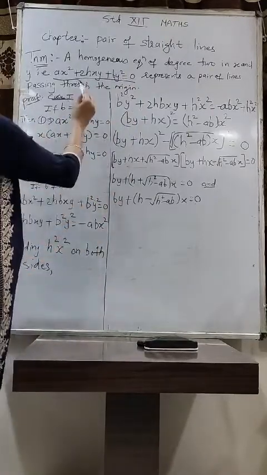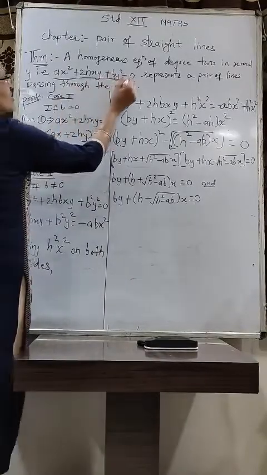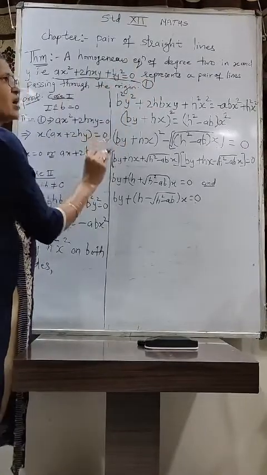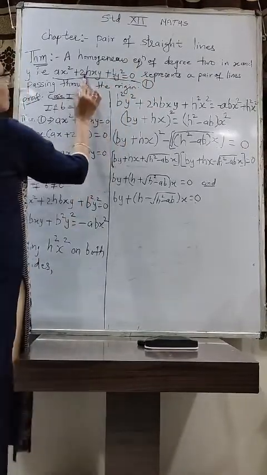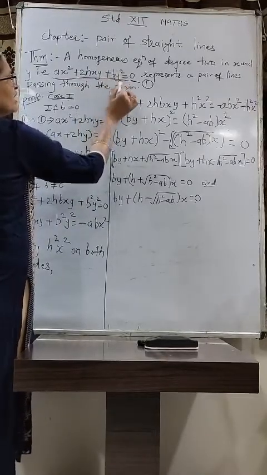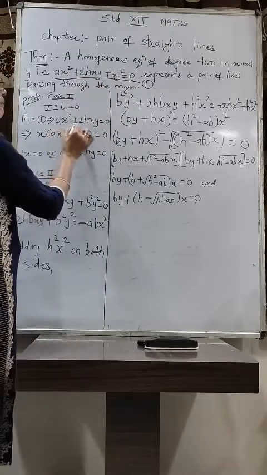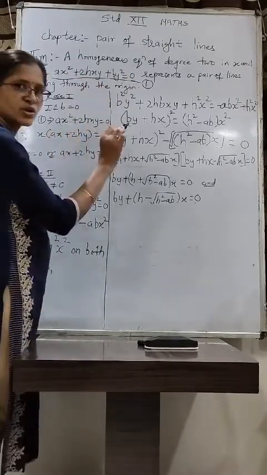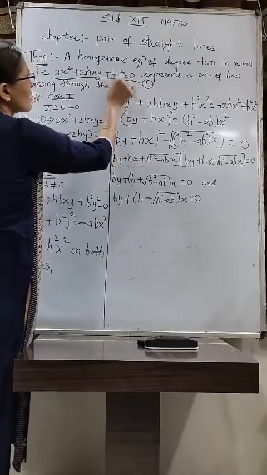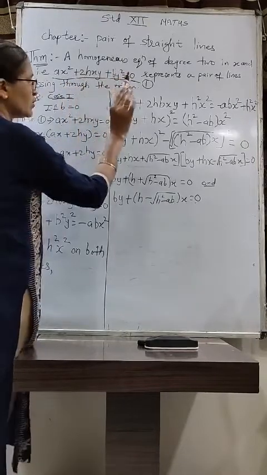Now in case 1 we have to take b equal to 0. Now I say this equation which is given is equation 1. Now in this equation we have to put b equal to 0. If you put b equal to 0, this whole term will become 0 and we are left with ax square plus 2hxy equal to 0. All of you listen. If I take b equal to 0, this whole term will become 0 and we are left with ax square plus 2hxy equal to 0.